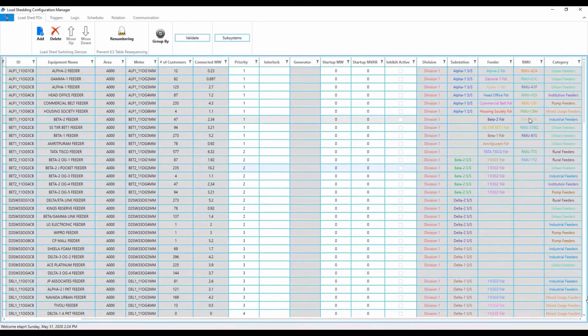For example, in this classification, users can organize the list to identify the most important loads, such as hospitals or essential services, and ensure that they are the last resource to trip, and classify other resources, such as residential or commercial loads, that can be tripped without causing significant disruption. Information such as the number of customers connected and amount of power connected can be displayed here in order to minimize the disruption in a load shed event.